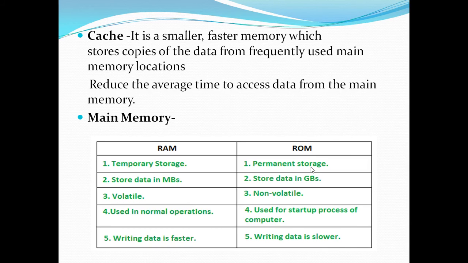Fine. If we have to modify, suppose I'm writing in MS Word. When I'm writing, the content is saved in the RAM. When I save the file, it goes to the ROM. Now I want to edit the file. I open the file, it again will come to RAM. So in RAM we can read as well as write, but in ROM we can only read the file, we can't modify the file.